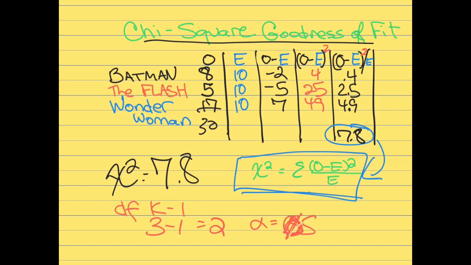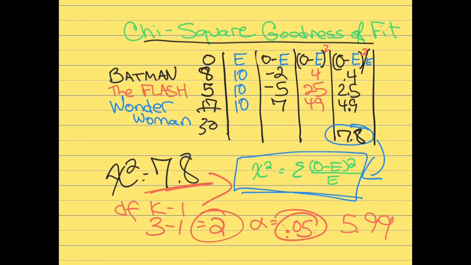I'm just going to be really clear about this: it's not 0.5, it's 0.05. We get a critical value of 5.99. Since 7.8 is greater than 5.99, which is our critical value, then we can determine that there are statistically